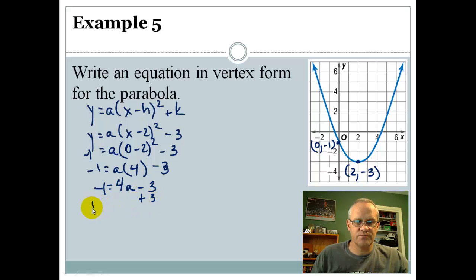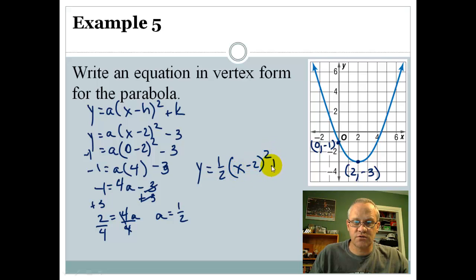Plus 3, plus 3, so you have 4a = 2. Divide by 4. So a = 2/4, which would reduce to 1/2. And so our final equation is y = 1/2(x - 2)^2